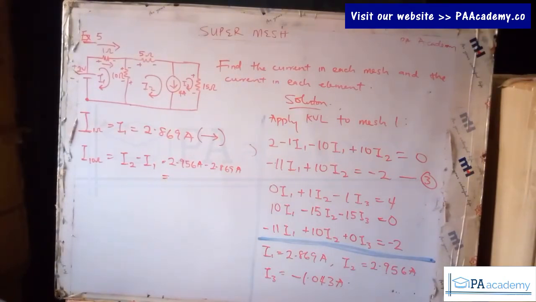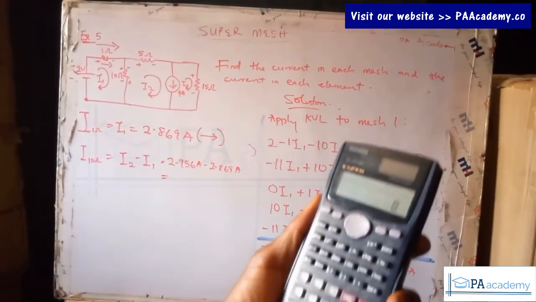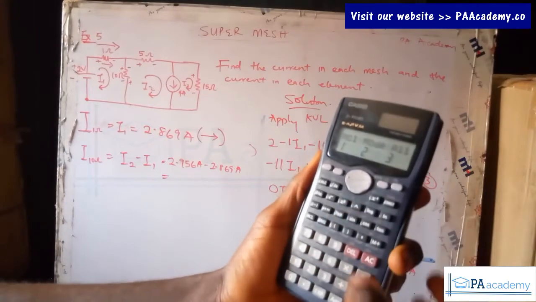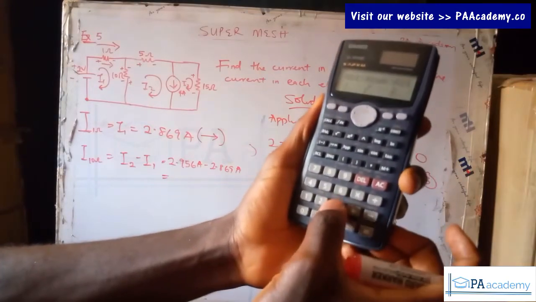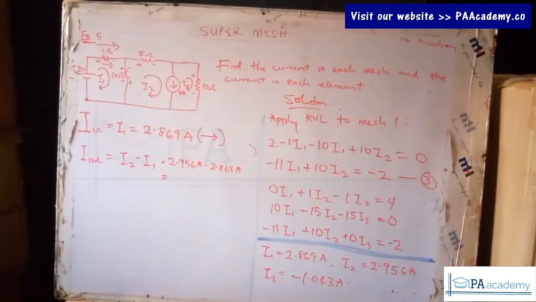So 2.956. And by the way, if you try to use your calculator to solve that simultaneous equation, and when you want to clear it, just press your shift mode and then 3. Press your 3 and then you press equals two times to clear everything. Alright, so that's 2.956